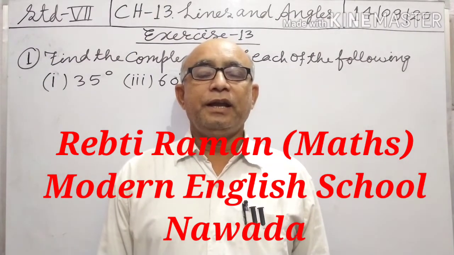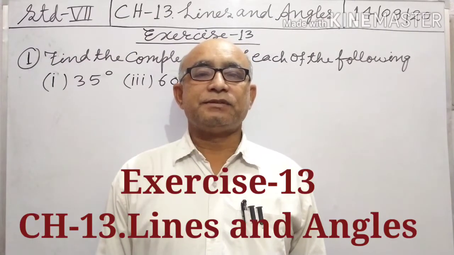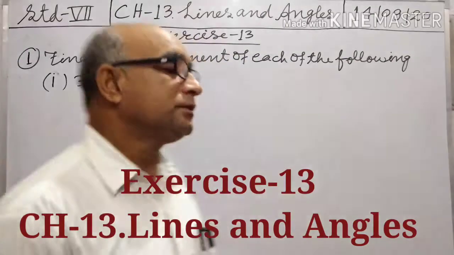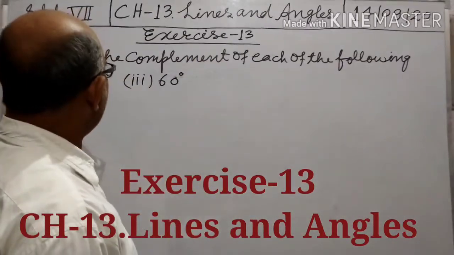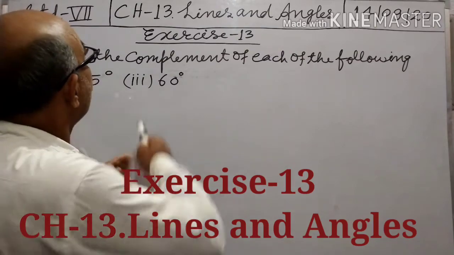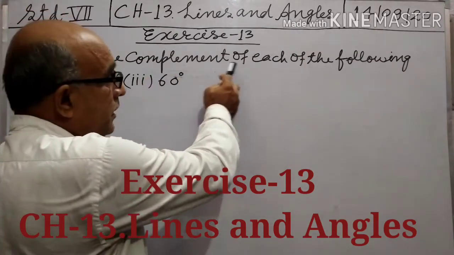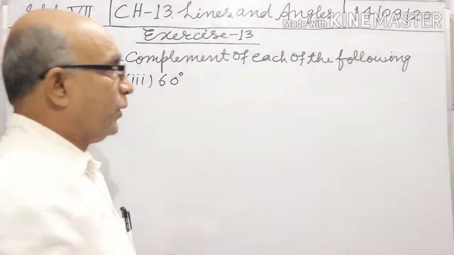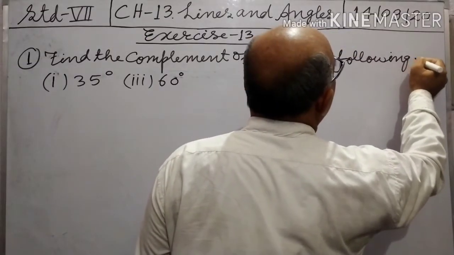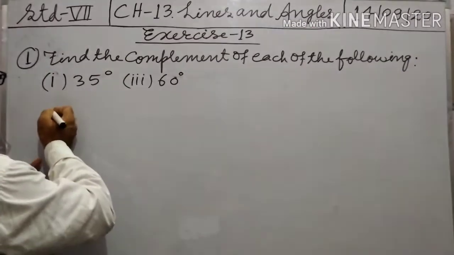Students, today I shall solve exercise 13 of chapter 13, lines and angles. One question is written here. Question number 1. Find the complement of each of the following angles. So question number 1 is